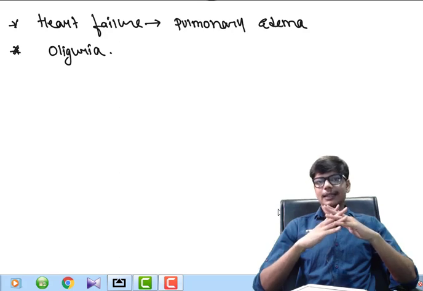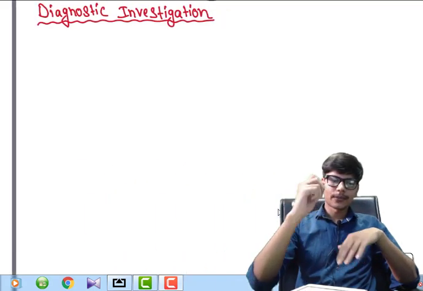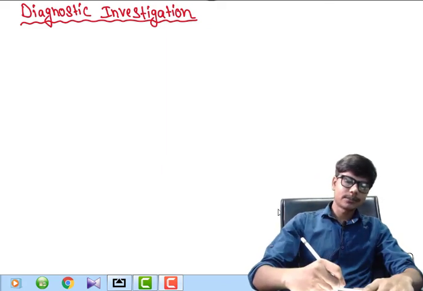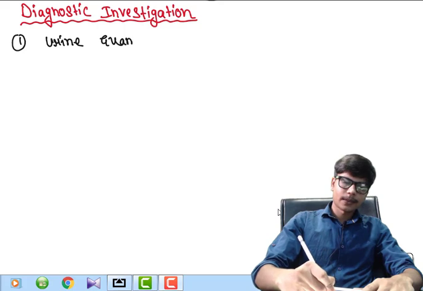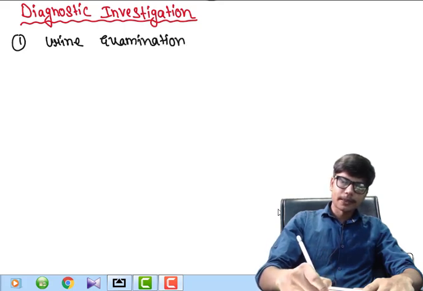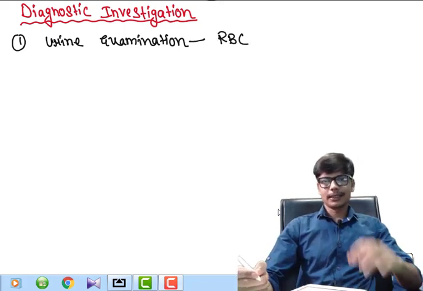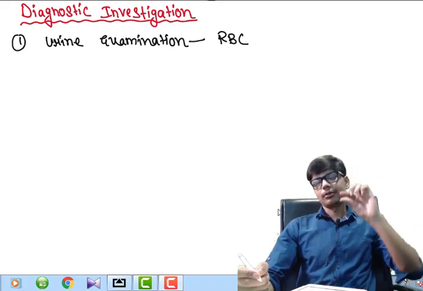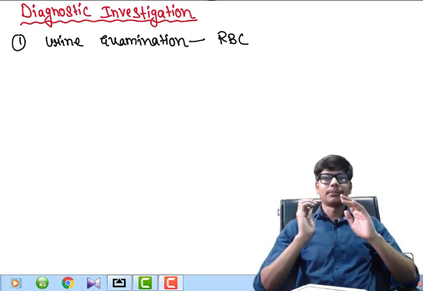Now how will we do some investigation to finally confirm the diagnosis of APSGN? So now let us discuss the diagnostic investigations which we have to do in a patient of APSGN. As there is proteinuria and hematuria, the urine examination will show us RBCs in the urine, and these RBCs are filtered through the filtration unit and have to pass through the tubules of the nephron, and when they pass through the tubules of the nephron, they cast the shape of the tubules of the nephron.